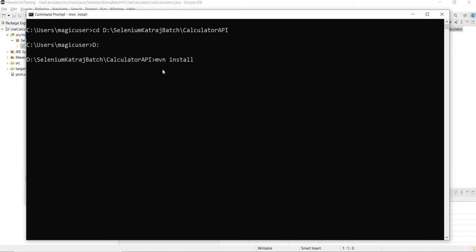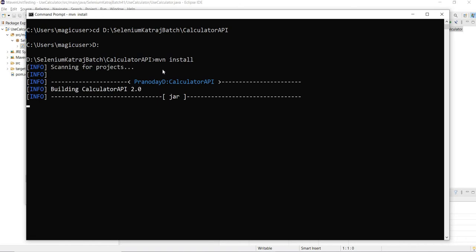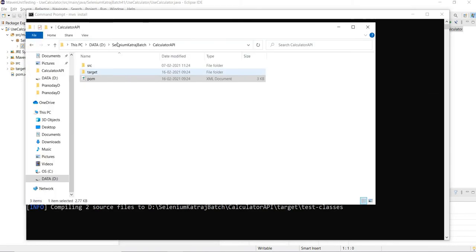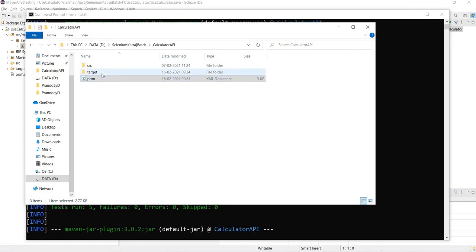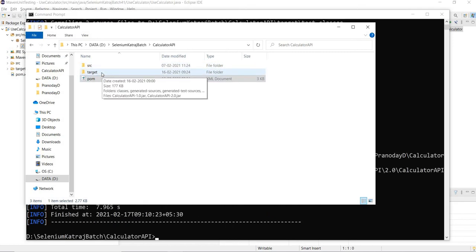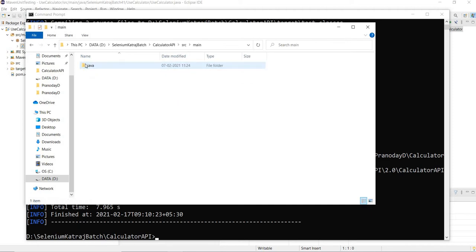So I'll say mvn install. So it will clean the target directory. Cleaning the target directory means this target directory gets cleaned, which has all the compiled codes and jar file created and all, right? So this gets cleaned. Then the src main java application code gets compiled with the compile phase.